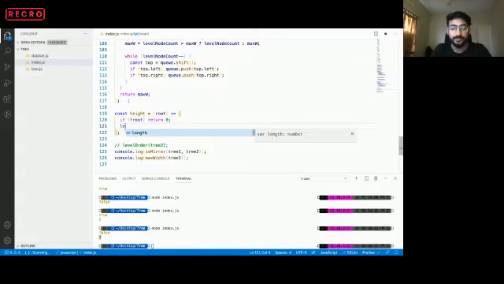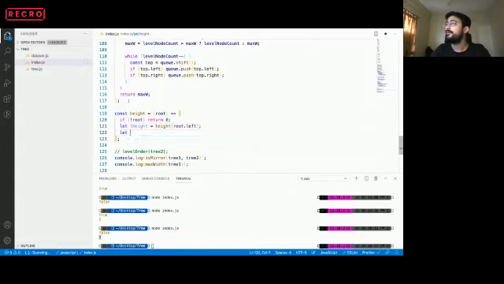Let's say we compute lHeight equals height of root.left. Let rHeight equal height of root.right.